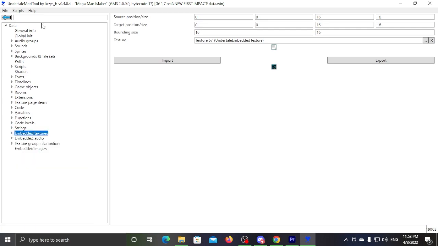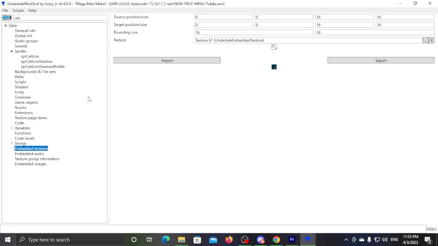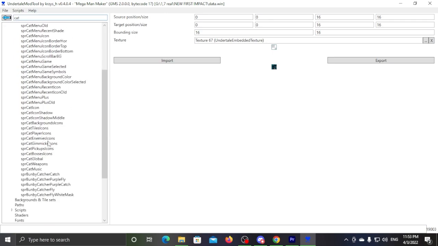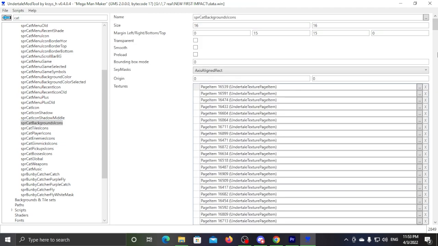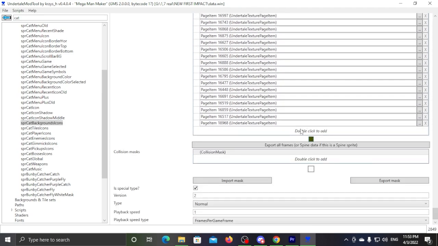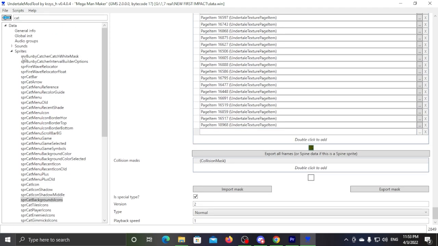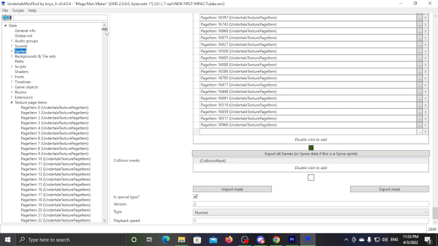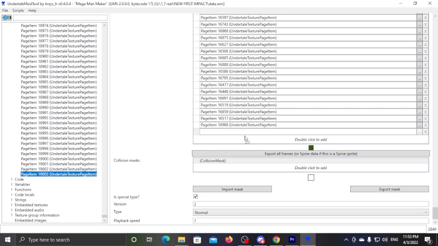Now, this time we will go to backgrounds icons, wait for it to open, yeah, just add another option, go to the last texture beige item, which is thumbnail, add it in, hit save,